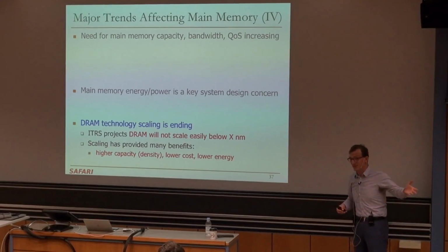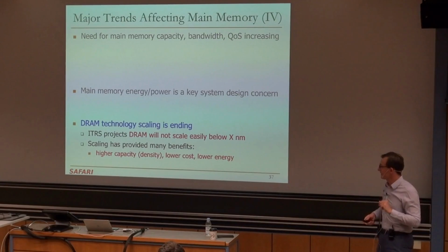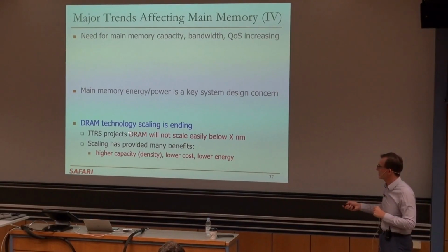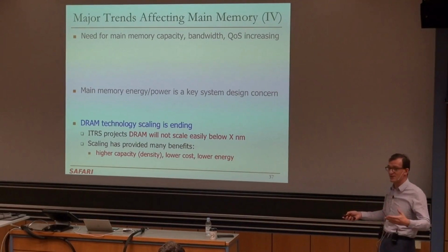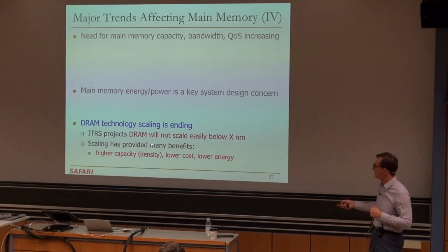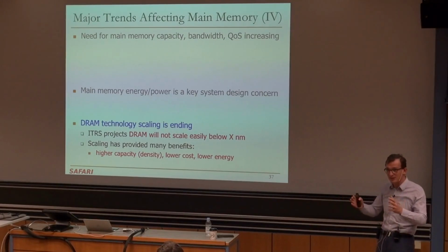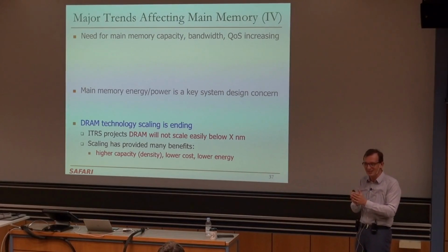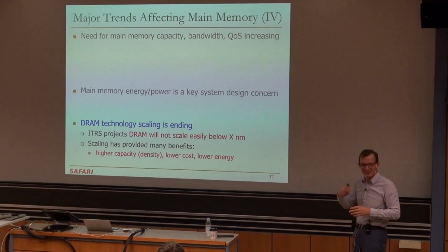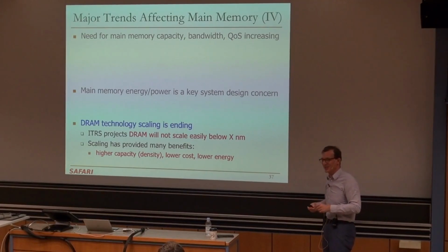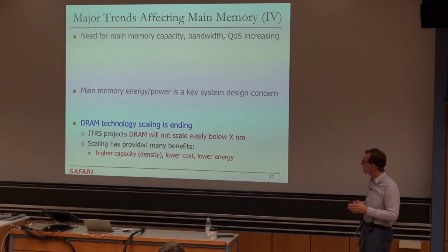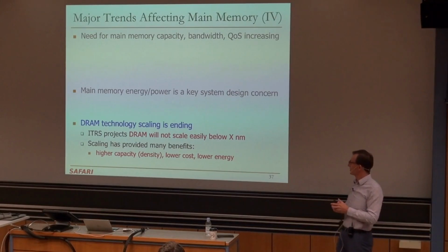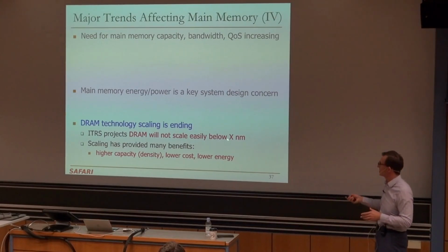And Rowhammer is an example that I motivated this with. But there are other technology scaling issues in DRAM. And people have been projecting, ITRS, the International Technology Roadmap for Semiconductors, has been projecting that the feature size of a DRAM cell will not scale easily below some nanometers. And I like X over here because they like changing their projections, clearly. And people are pushing for lower X, clearly, to drive the capacity up. But it's true that there is a scalability limit. We'll see what that limit is, but it's become very difficult.